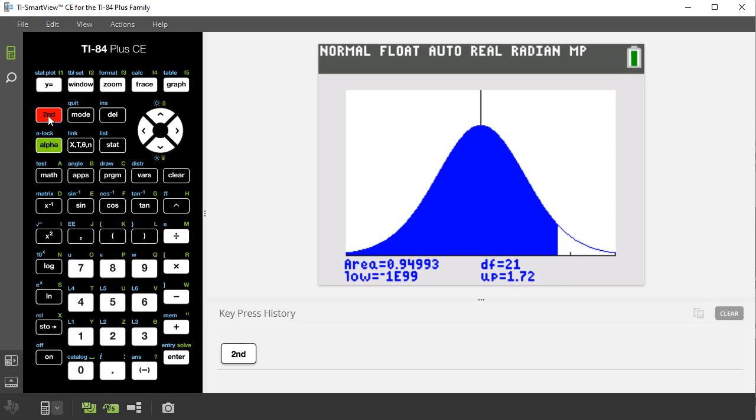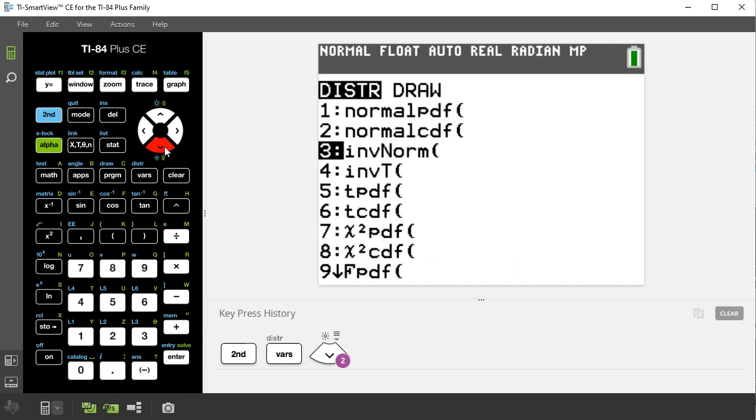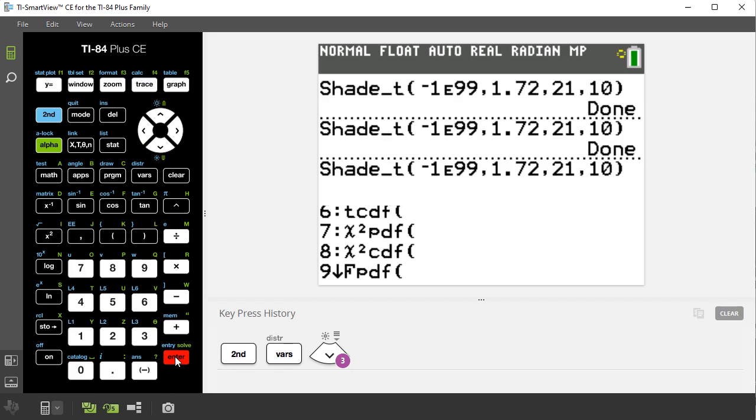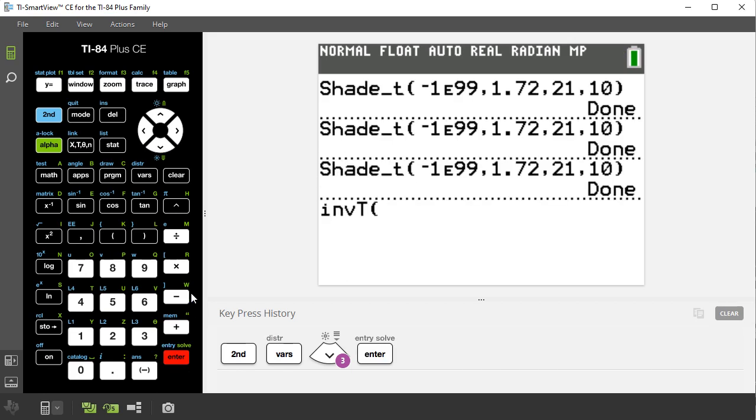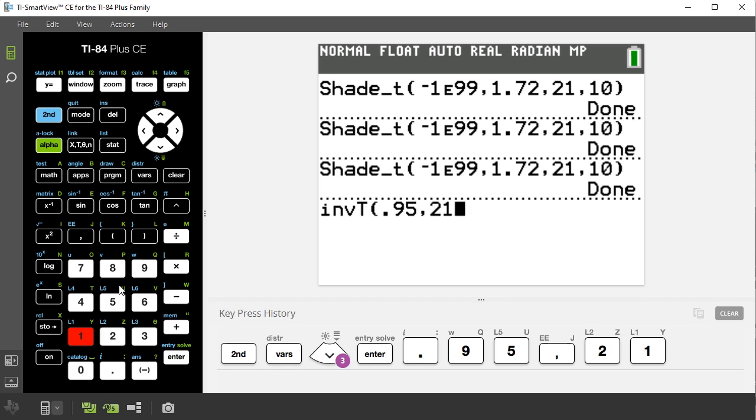That would be going to second vars, using the inverse t function, and from there we would have to tell the calculator the area, which in this case would be 0.95,